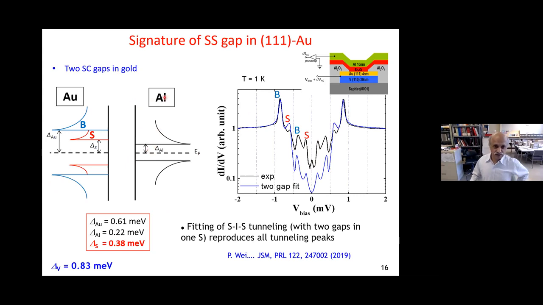That's a superconducting aluminum, a nicely defined gap, and we know the gap of the aluminum. At the same time, from these peaks, we can determine the gap of not only aluminum, but also that of the gold bulk and the surface state. Here are the numbers we get by fitting the data to SIS tunneling. Gold bulk is 0.61 meV. Aluminum gap is, of course, the typical BCS gap, 0.22 meV, whereas the surface state has a very nice gap of around 0.38 meV. So this is nice compared to that of the vanadium, which is way underneath the system.